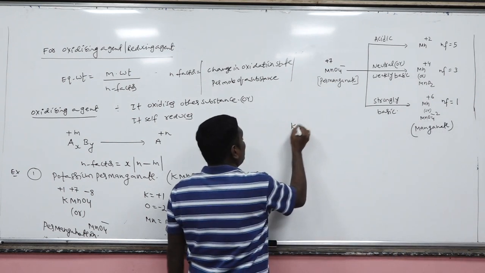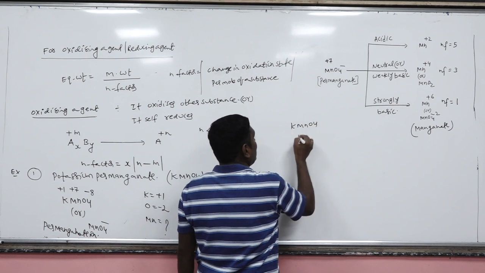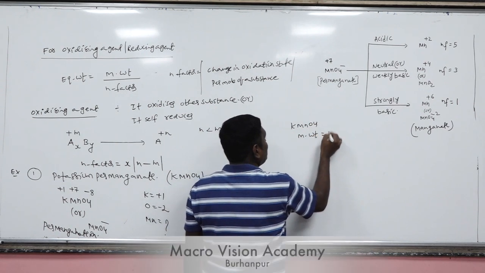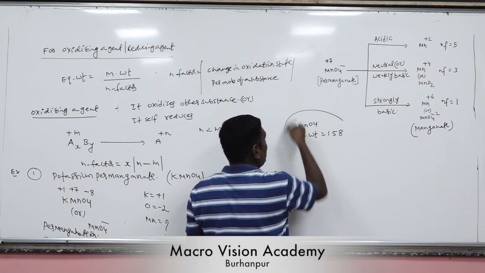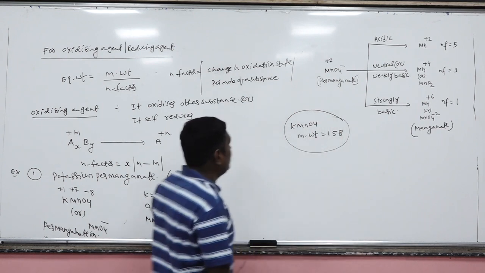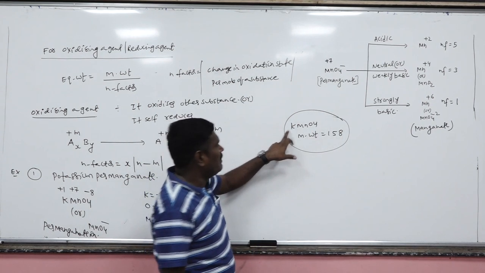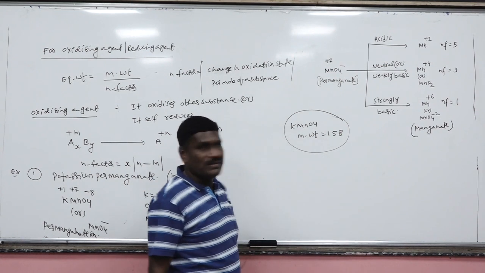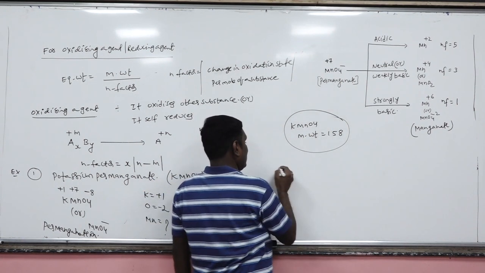Now, what is the molecular weight of KMnO4? That is 158. This is very important. In most of the questions, atomic mass is given to you. From some of the atomic masses, we get the molar mass. Now, in three cases,